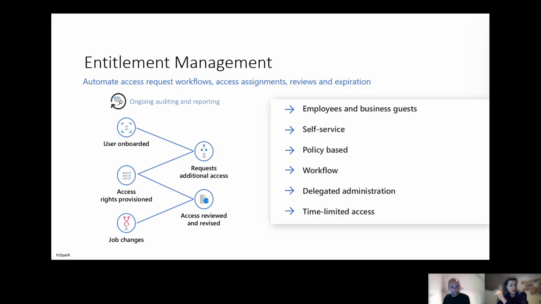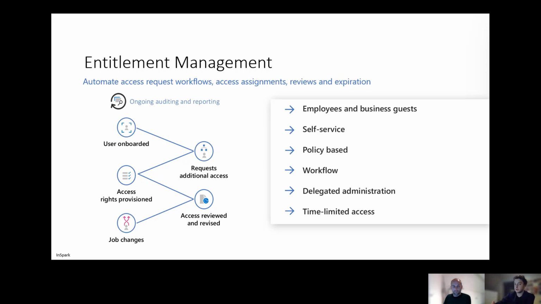Correct, and that's via the website myaccess.microsoft.com. So if you're logged on with your Microsoft account right now and you're listening to us, you can go to myaccess.microsoft.com, and that's the portal where you can see the access packages which we can create for you. I will show you in a minute the admin portal, but that's where you will go as an end user, and you can also switch tenants in there so that you can request within your tenant.